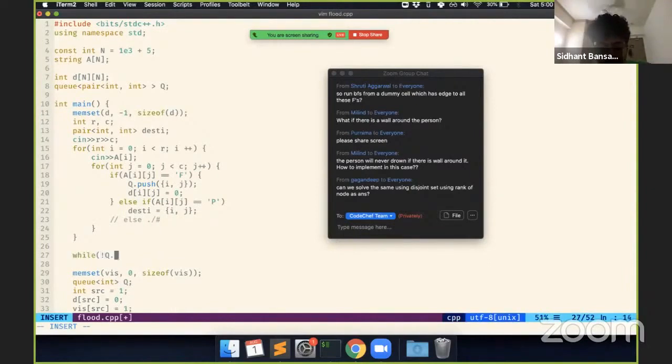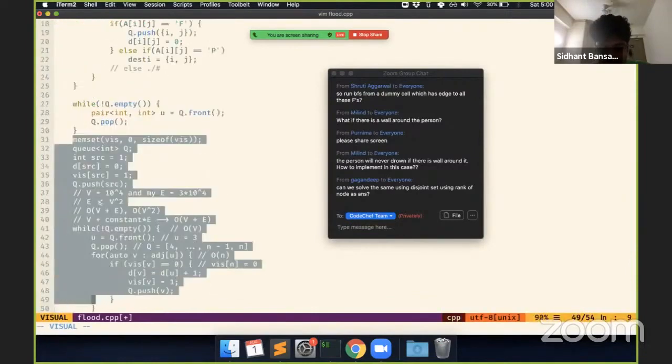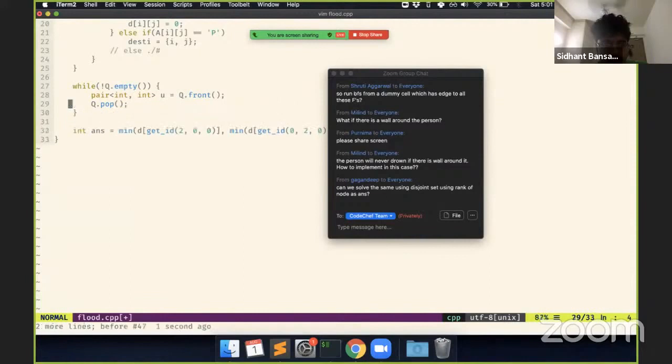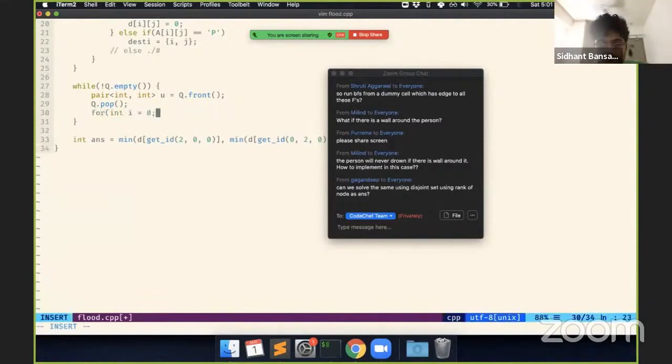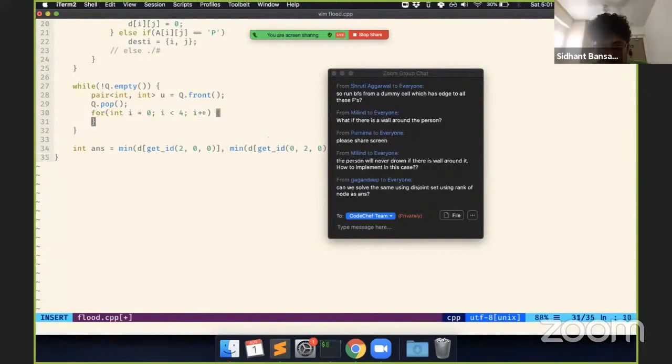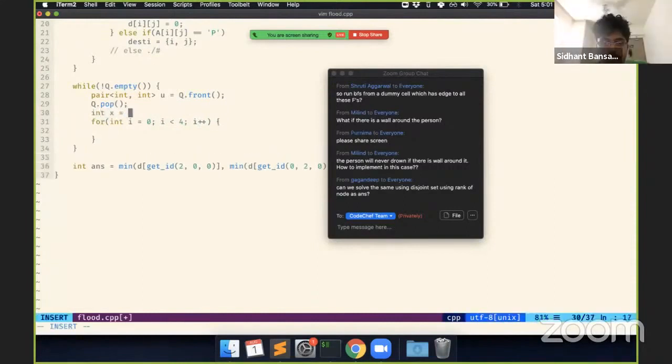Now what we'll do is, again, we'll do a BFS. So we'll say while the queue is not empty, we get q.front. Okay, and here u is a pair, x comma y, and we pop. Okay, and we do for int i equals 0 to 4, the 4 directions. X equal u.first, y equal u.second. If is valid, x plus dx[i], y plus dy[i],